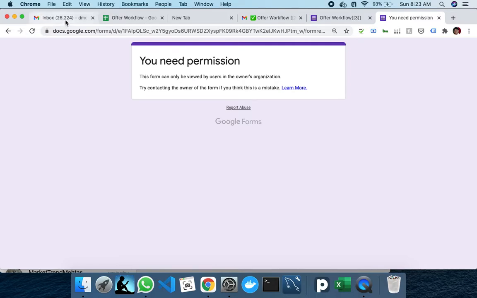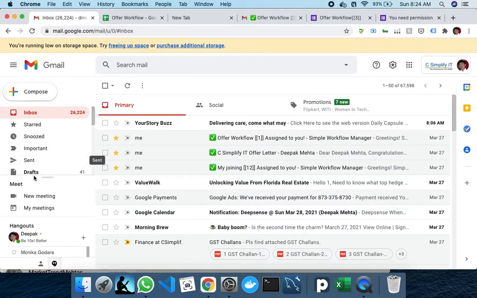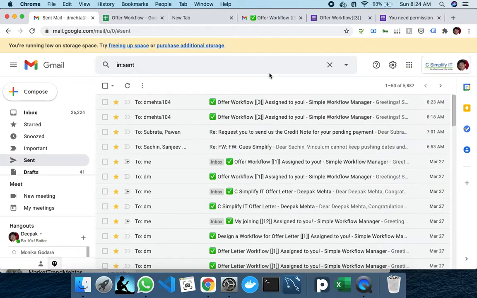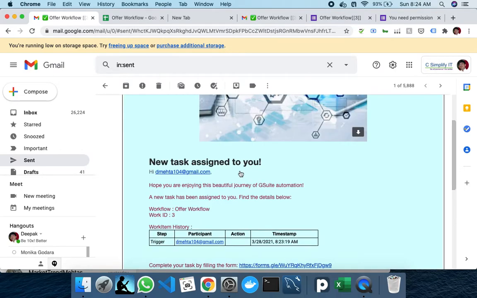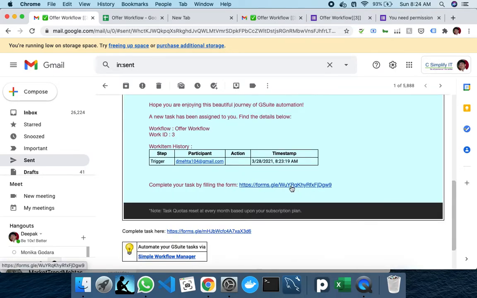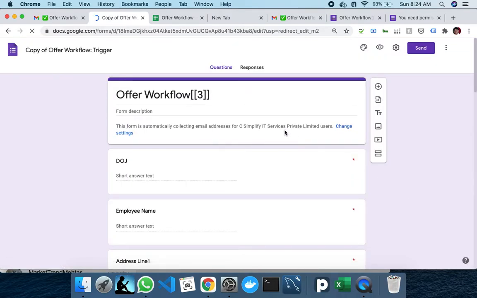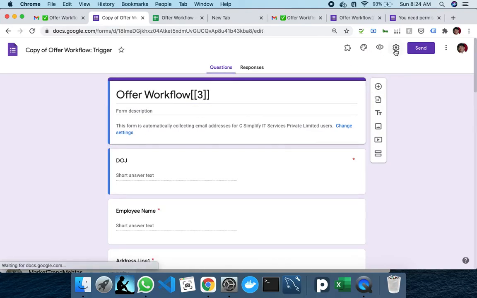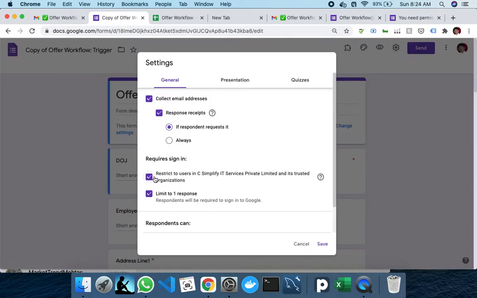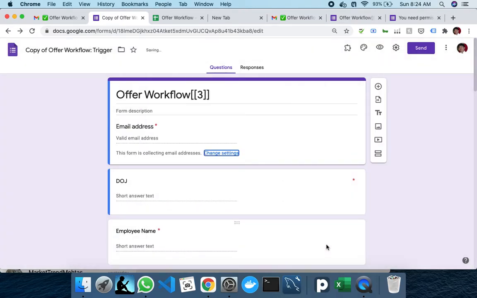The simplest thing you can do is go to your form, whatever is created for this user, and you can allow it to be filled in by other parties by going to edit this form, then going to settings and removing this restriction that only C Simplify IT persons can fill this form, and save it. Once you have done that,